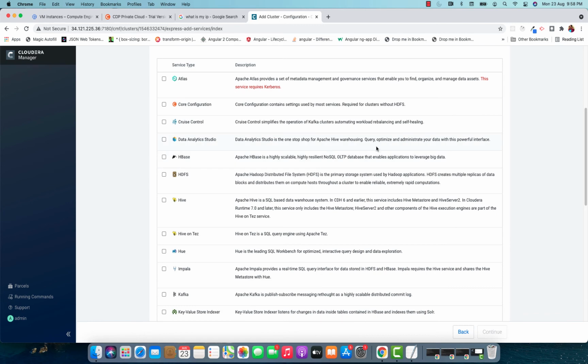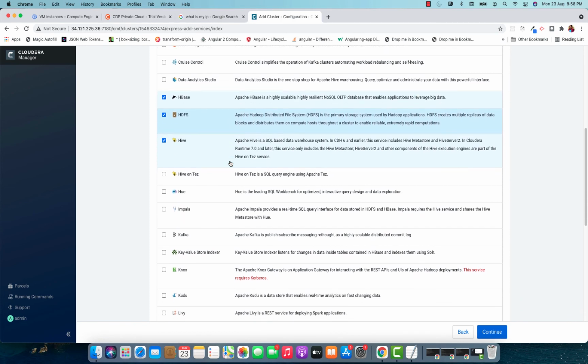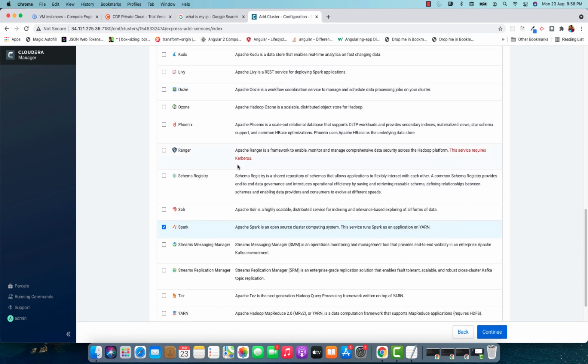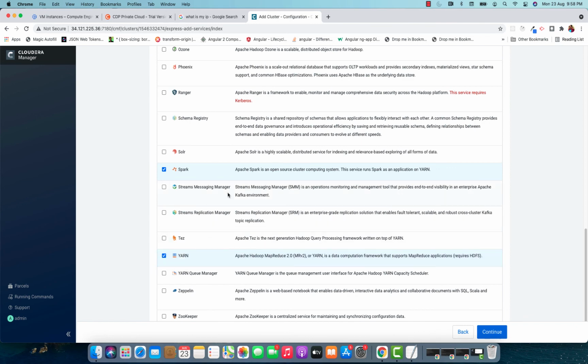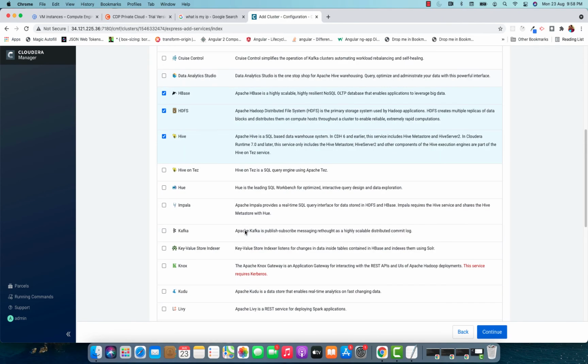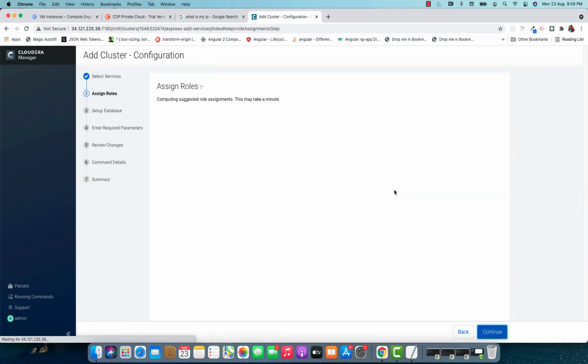So let's go for HBase, then HDFS, so it's a distributed file system, then Hive that provides you SQL like query to query your large data set. Then let's go with Spark as well, then Yarn and Zookeeper. So I'm just selecting a few of them, but as per your requirement you can select other options as well. So let's click on create,